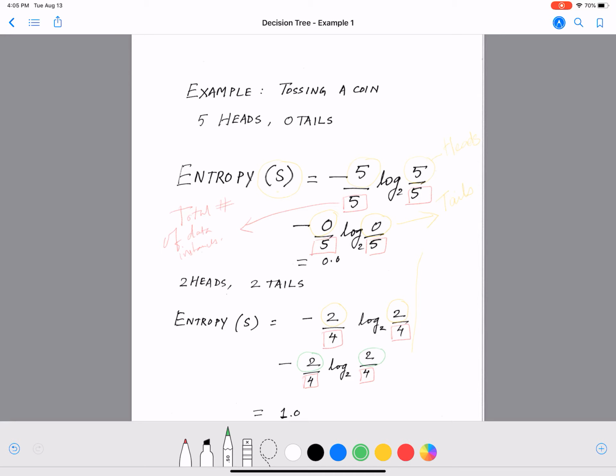So notice here that we have log to the base 2. So log is always calculated to the base 2 in entropy calculations. So for only 2 possible outcomes, so here we have a coin, so there are only 2 possible outcomes, either heads or tails, right? So the maximum value that this can have is